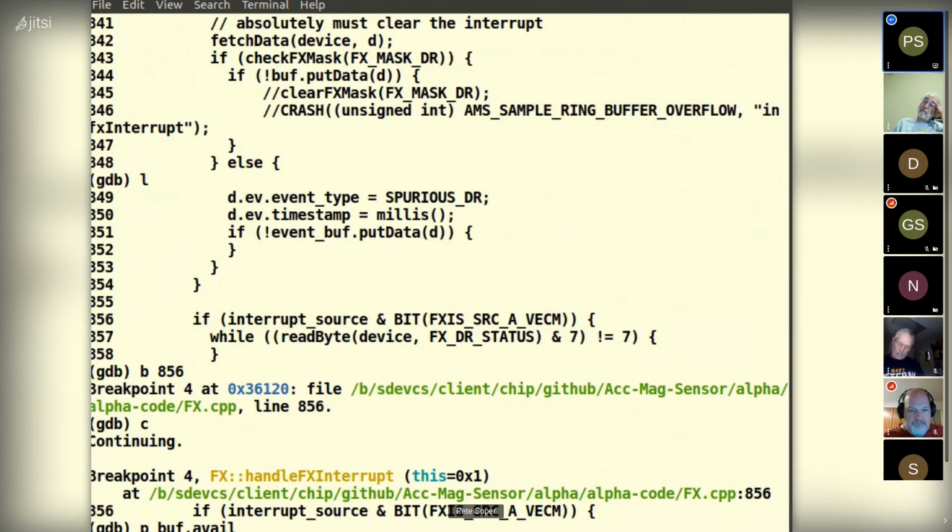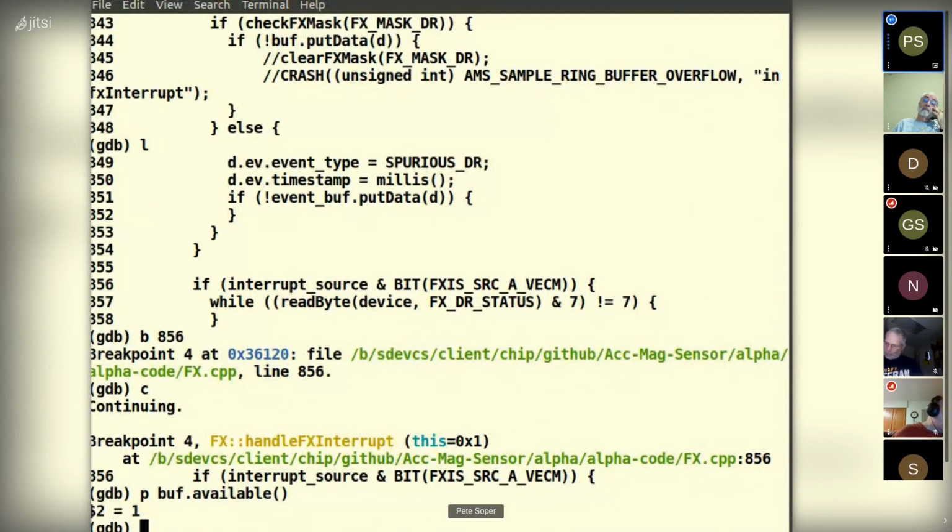a function that's in the ring buffer class called available, which tells me how many buffer entries are actually used, how many are occupied. And we can see now that it's stored, it's called put data once, and that beats the heck out of going in and looking up and finding the details. If you know that you've got a function that puts the information out, you can just call it.